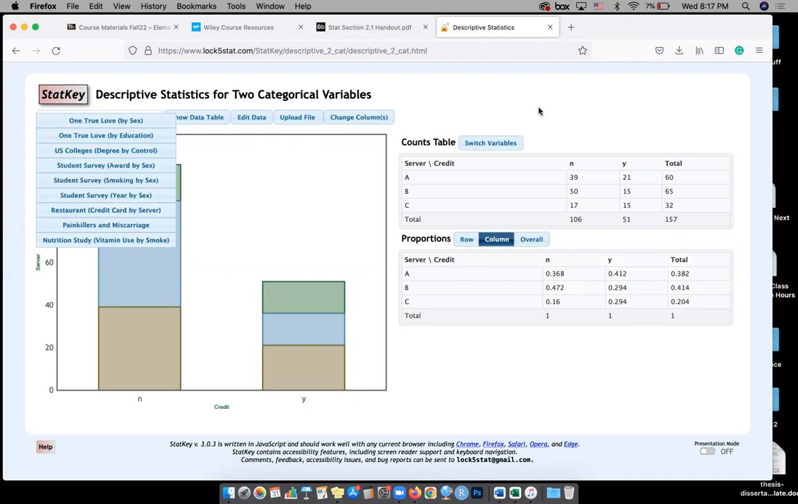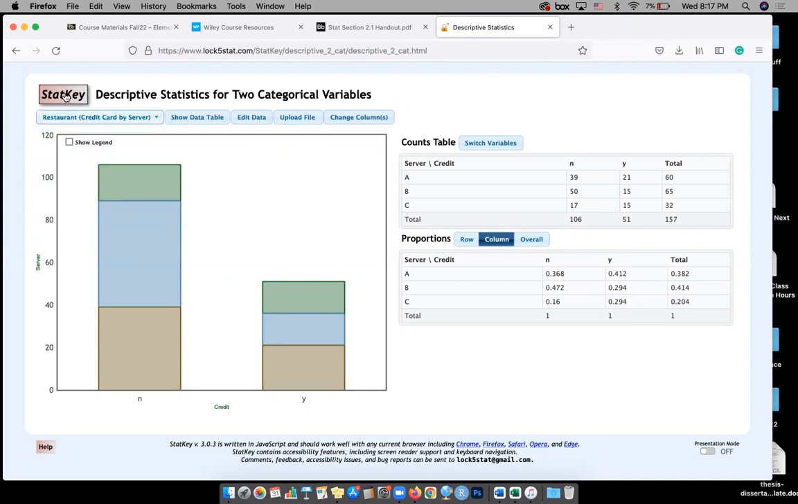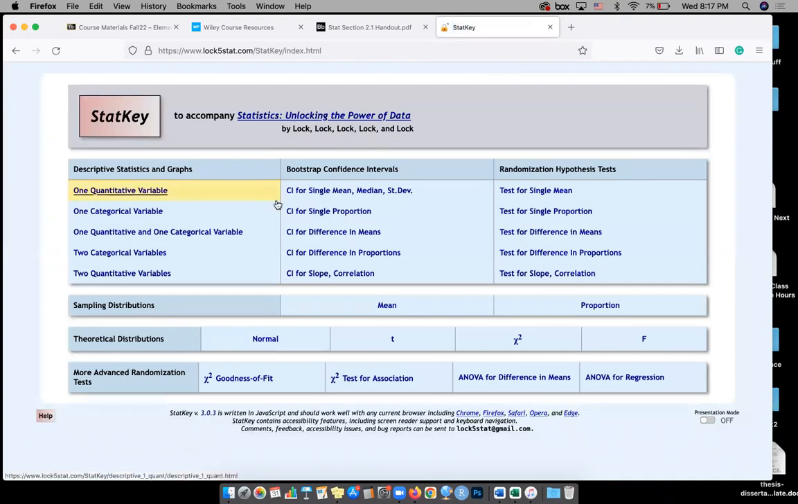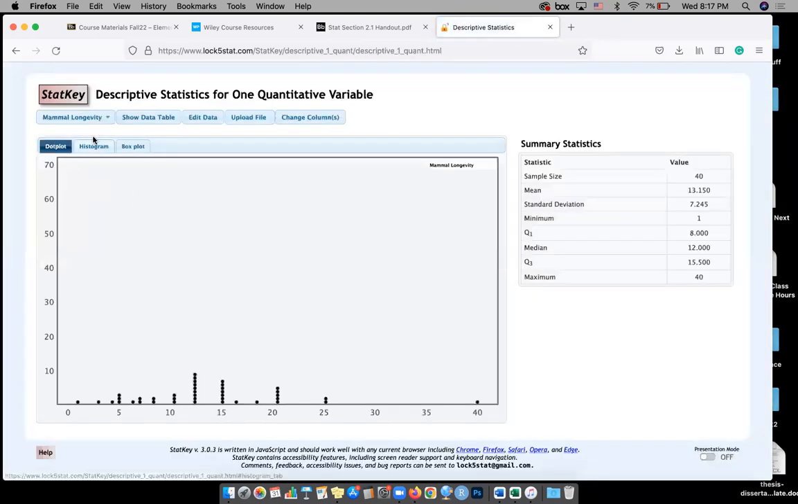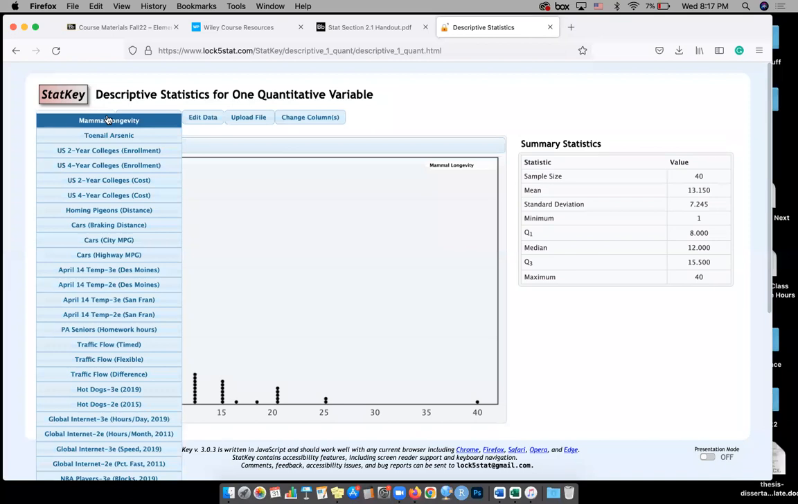Okay. Another way to learn StatKey is just to come here to the very front face of it. Some of these things over here might not make a whole lot of sense, but over here you can start to play around with things. And before too long, we're going to be doing one quantitative variable, and there are already some data sets that you could play with. Suppose you were doing something like the homing pigeons,